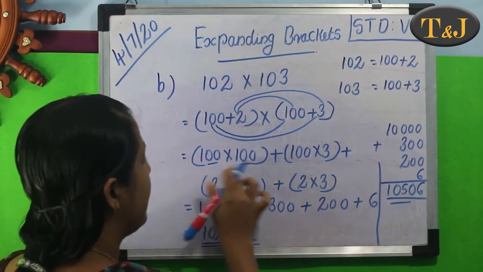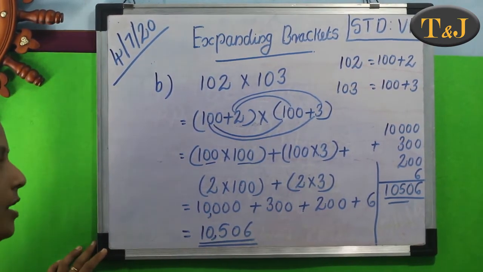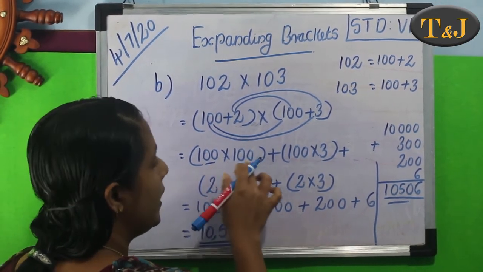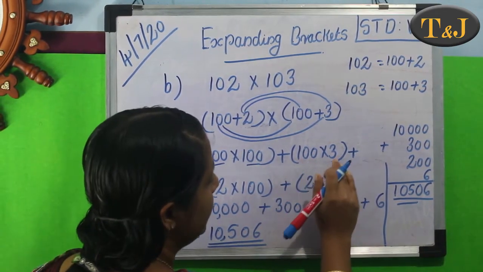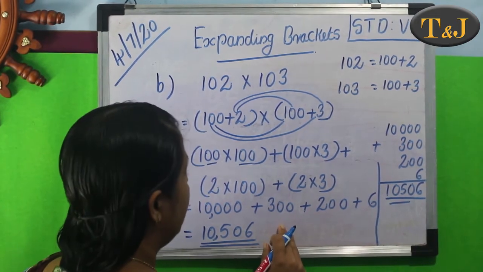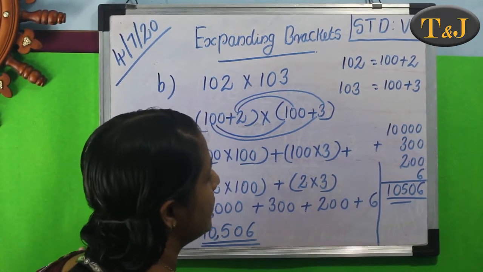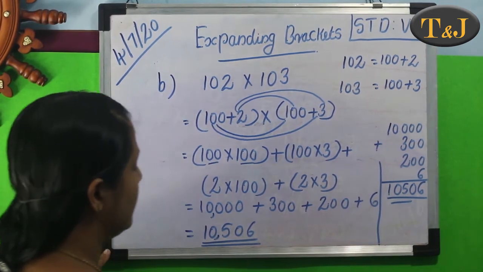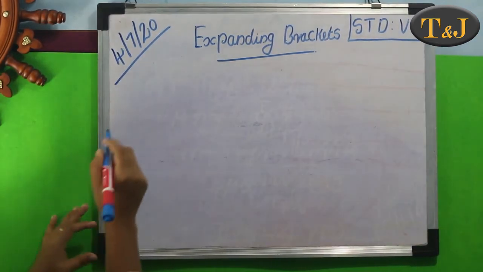First we take the first bracket, that is 100 into 100. We know that 1 ones are 1, then write first 1, then how many zeros here? Here 2 0 and here also 2 0, so we put 4 0, plus then 103. 100 multiplied by 3 equal 300. Then next is 2 into 100 equal 200, plus last is 2 3s are 6. Adding these numbers together, then we get the answer 10,506. Okay. Next example.